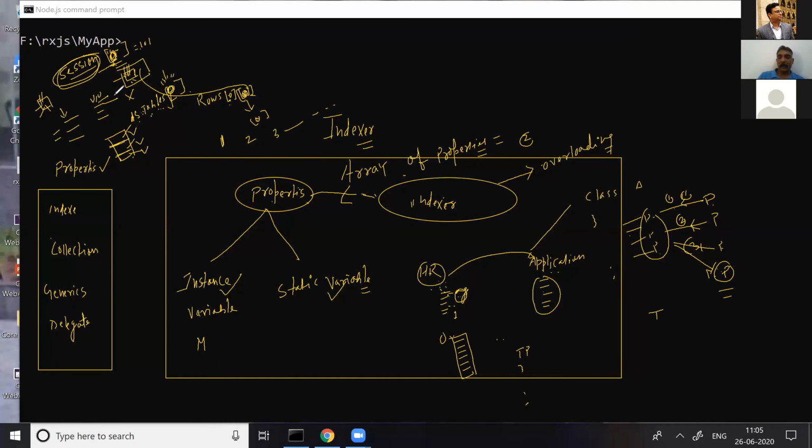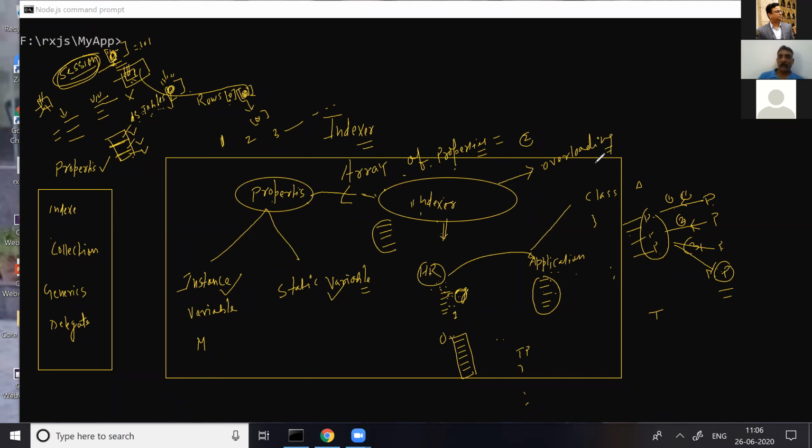But if HR wants to access multiple private variables of a class, then the applicant has to make multiple properties. Why not make an indexer? An indexer is an array of properties. So by a single indexer, we can access multiple private variables using an array of properties.